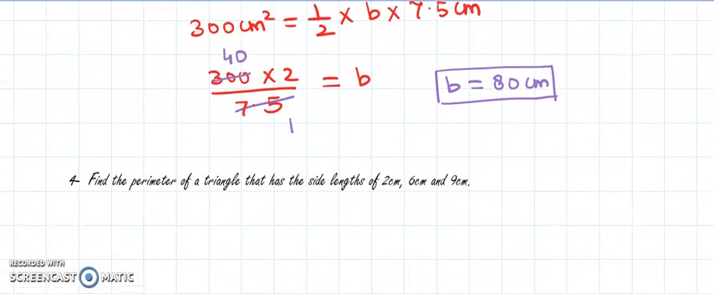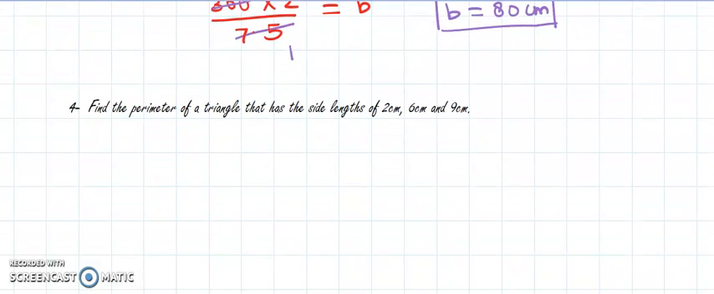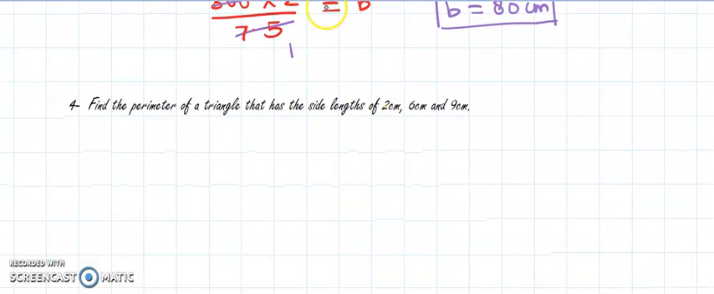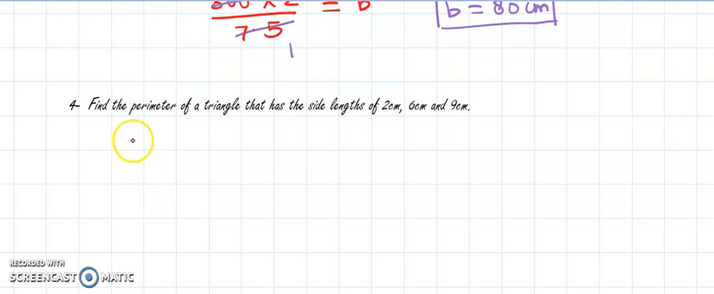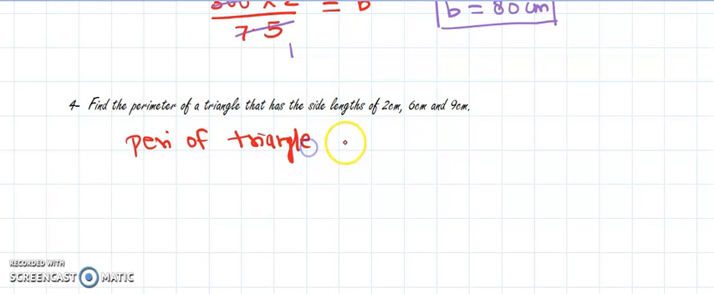Now let us move towards the perimeter. Area questions, all the area type of question I have told you. Now let us move towards the questions regarding the perimeter of a triangle. So as we know that perimeter of triangle is equal to sum of its